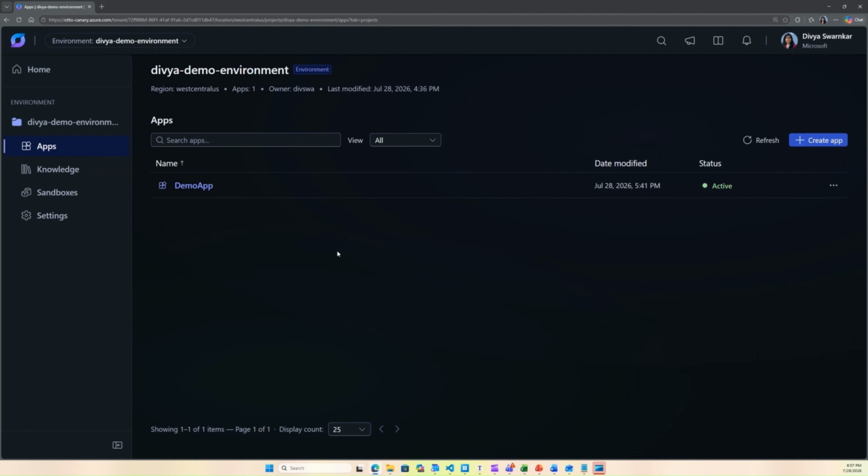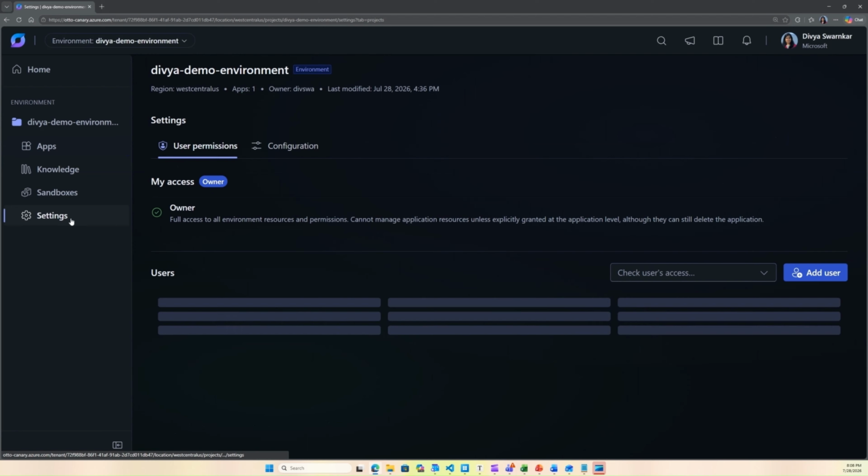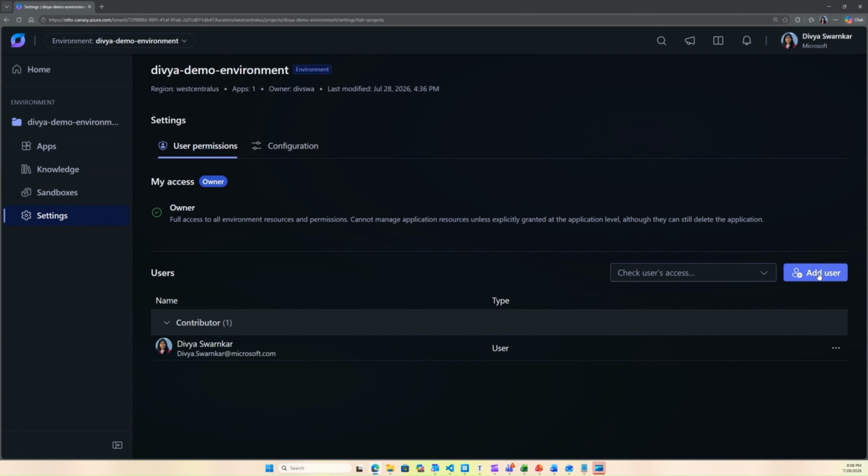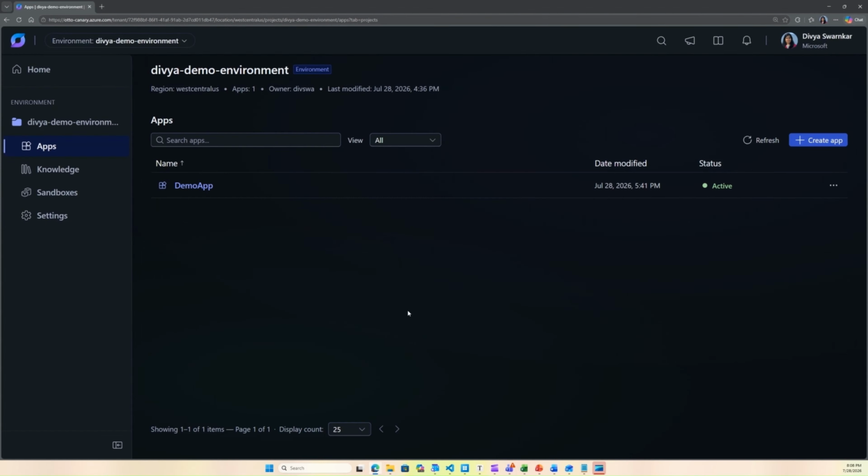But one thing to note is that when you create an application, you're automatically added as the contributor to your application. However, if you want to share your app with other developers, then you do need to explicitly grant them permission via the settings here. So, this is where you can choose to add more users and provide them appropriate permissions in terms of adding them as readers or contributors. So, with this, our basic setup of projects and applications is done, and now we are ready to create the